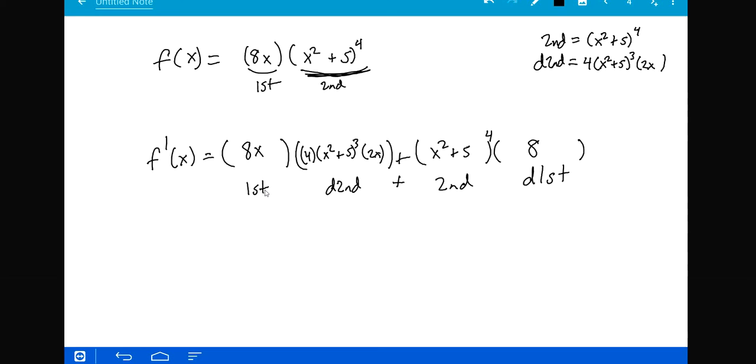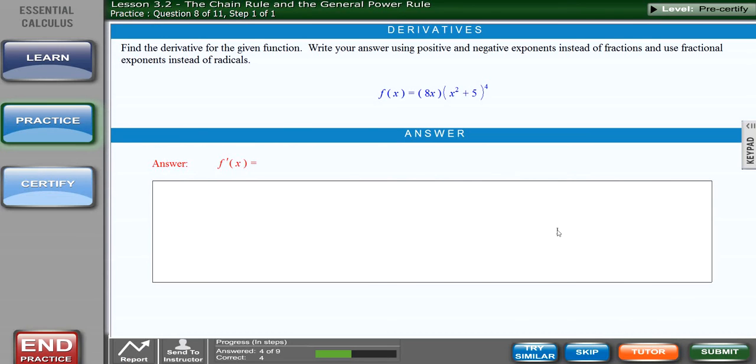So we did the product rule because it's x's times x's, first times second. So first d second plus second d first. Inside of the product rule, when we did d second, that's where the general power rule came into play. Exponent out front, rewrite what was in the parentheses, subtract 1 from the exponent, times the derivative of what was in parentheses. So let's go type all that in.